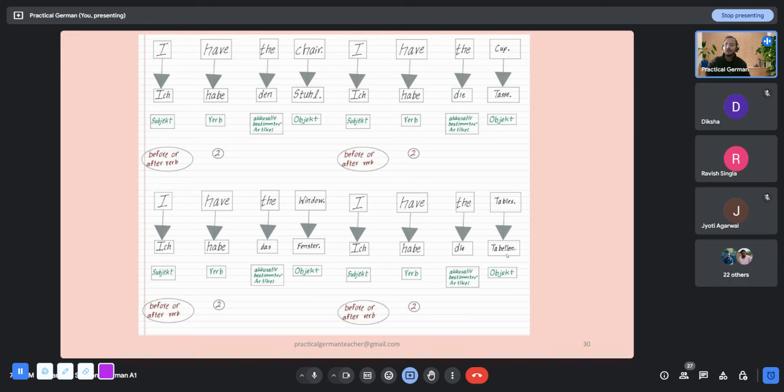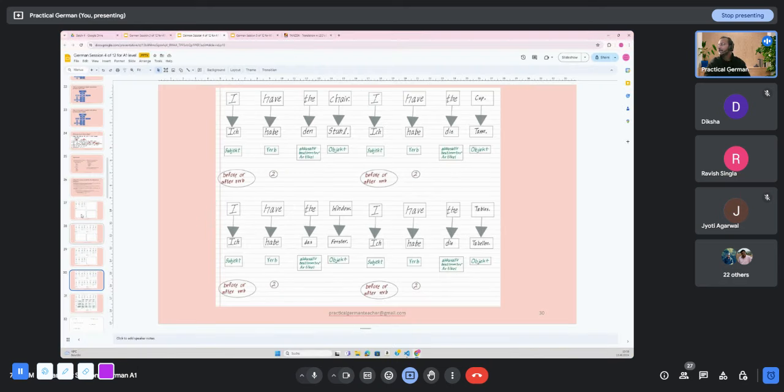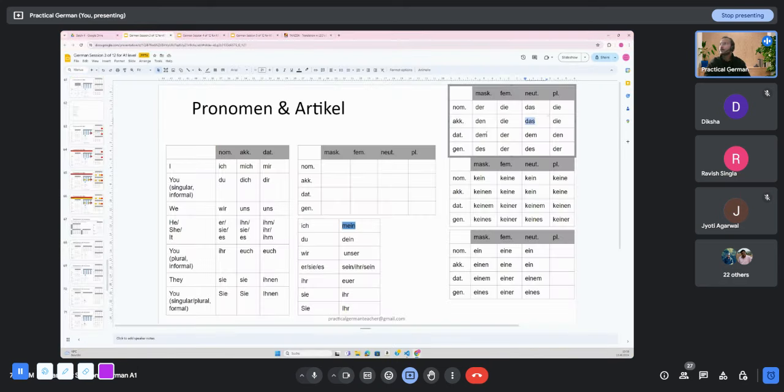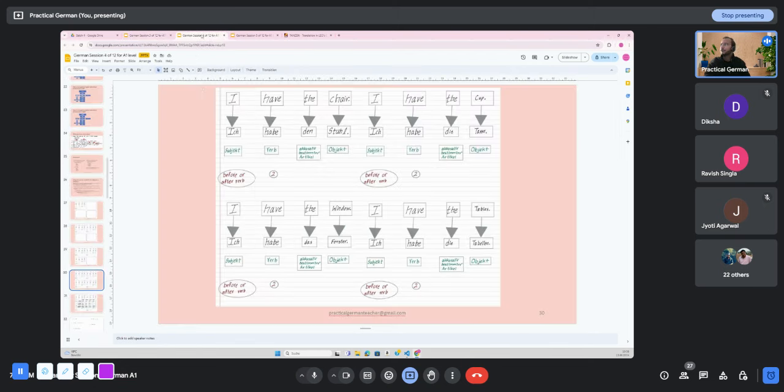The definite article for a plural noun is die in nominative case. In accusative also it is die. I am telling you in this particular sentence it is accusative. So you are using this die. But even if you had guessed it wrong, if you had said it is nominative, if I had not taught you all this about accusative, you would have been right just by coincidence. This is what I'm trying to say. Start speaking. Ich habe die Tabellen.